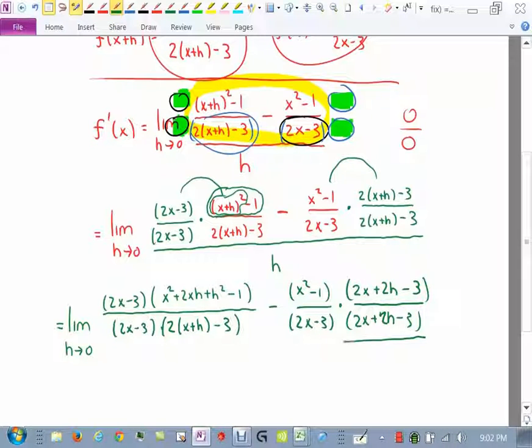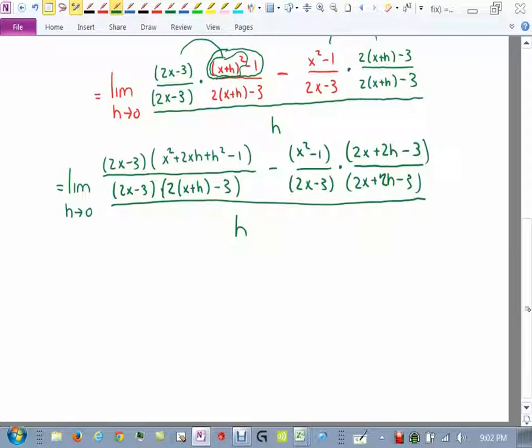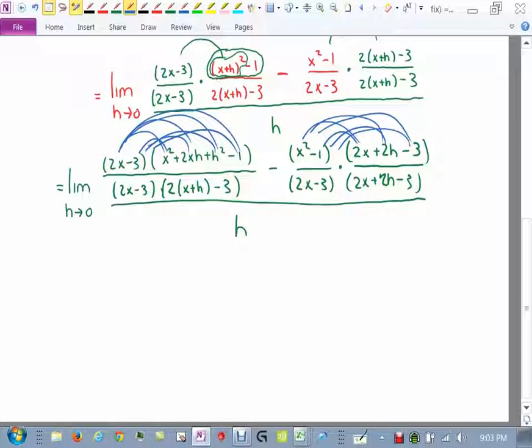So what we need now is to multiply that out, and that's just an algebraic exercise. To remind you, you'd go here times this times this times this, and then you would go this times this times this times this, collect all your like terms together, then this times this times this, then this times this times this, and you put all that together. To spare us the work of seeing all that multiplied out, I'm just going to write out what that would become. We should have a 2x cubed plus 4x squared h